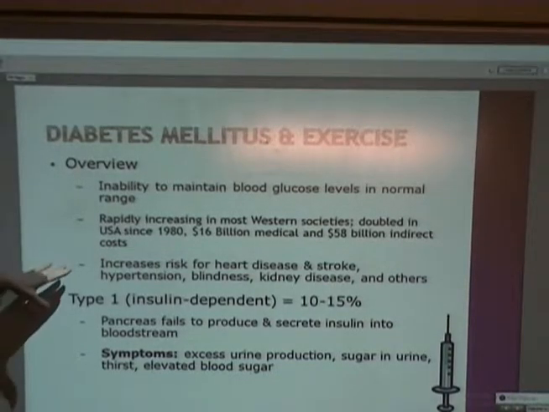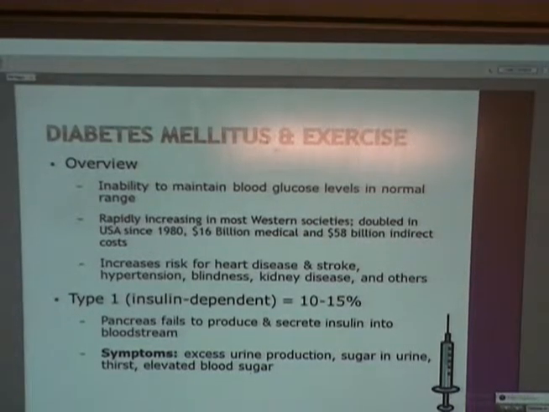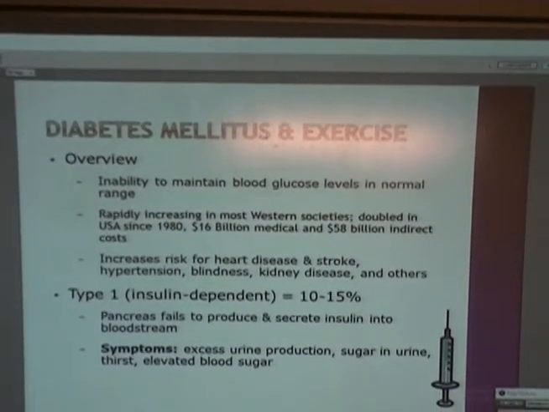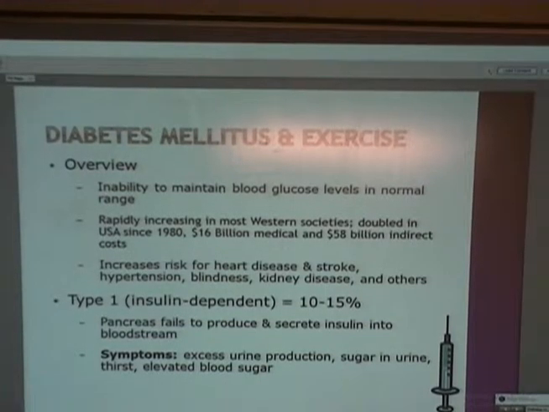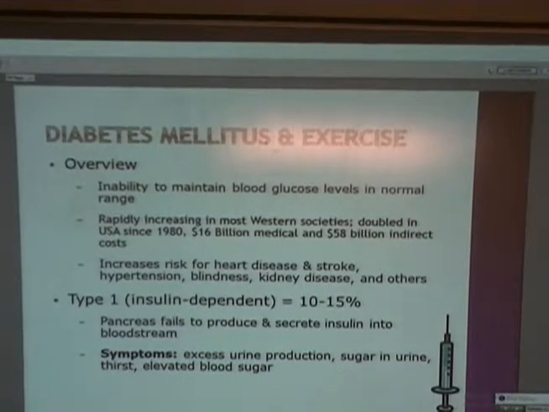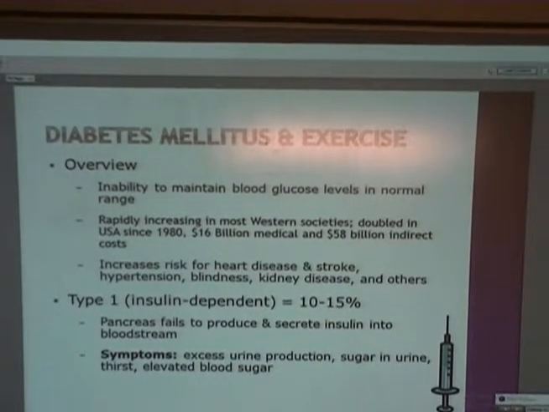So the big problem with diabetes is that it increases your risk for many other diseases, right? So heart disease and stroke, hypertension. People with diabetes often go blind because the additional sugar wrecks the visual nerve. They quite often develop peripheral neuropathy, and that can lead to gangrene because they get ulcers and they don't know they've got ulcers because the nerves aren't sending the proper pain signals, and so then the ulcer develops gangrene.